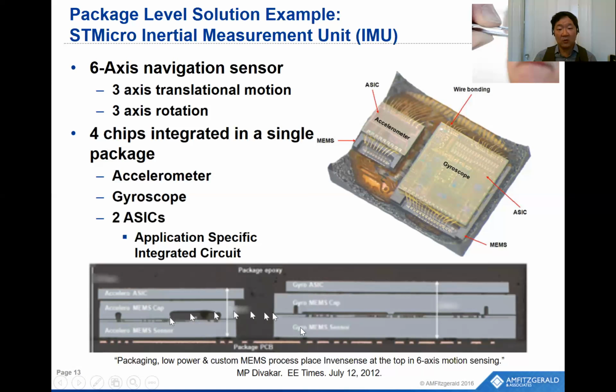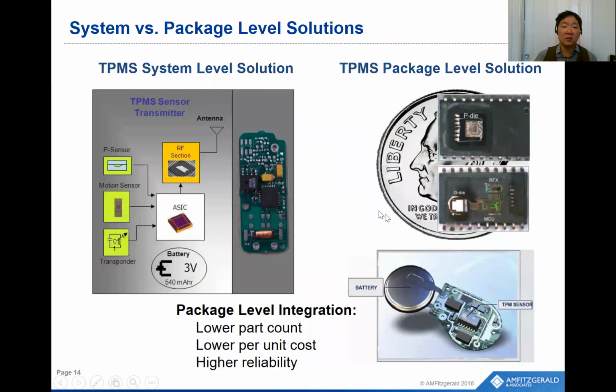There's an accelerometer, a gyroscope, and then an ASIC or microprocessor for the accelerometer, and an ASIC for the gyro as well. And these 4 chips are all housed together in a single package and then wrapped. You can see these little electrical wires provide electrical connection, and then it's all encased in plastic. Now, the reason why you might want to do this, if you look at a system versus package level solution,